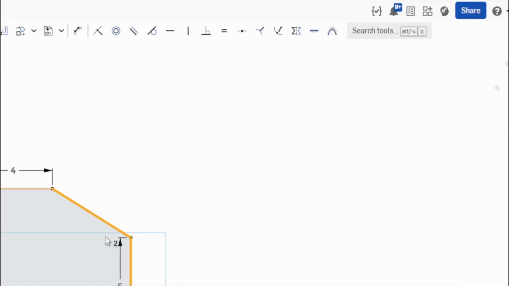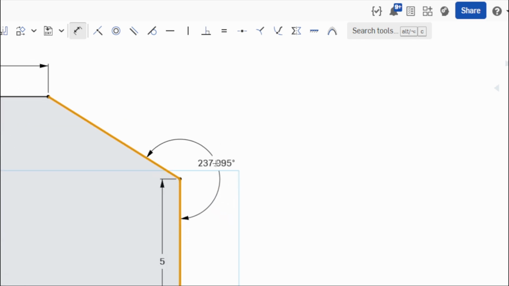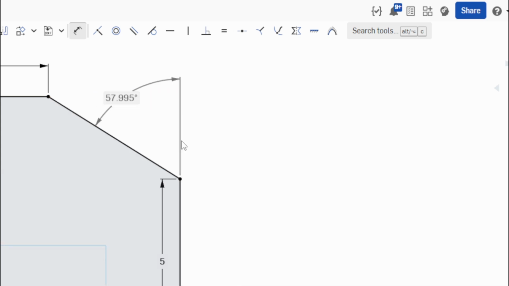dimension tool and just go ahead and add a dimension. So I'm going to click D for dimension. I'm going to click both lines, and that's not where I want it. That's showing me 237. So what I need to do is make sure I go over that other side, and you'll see once I click that, instead of typing something in, just go ahead and press escape and it'll give